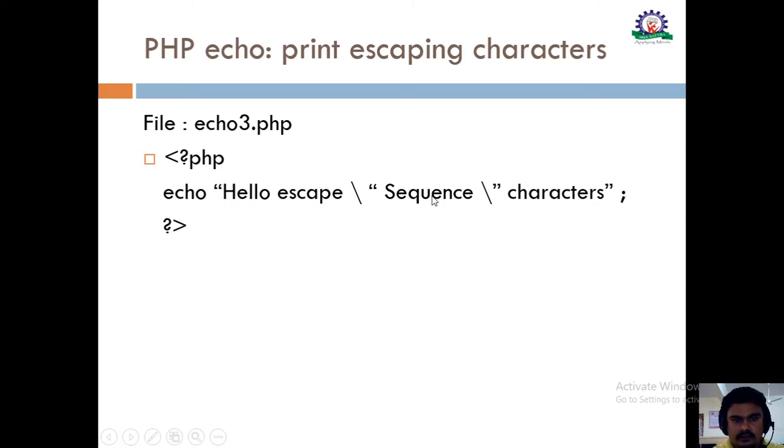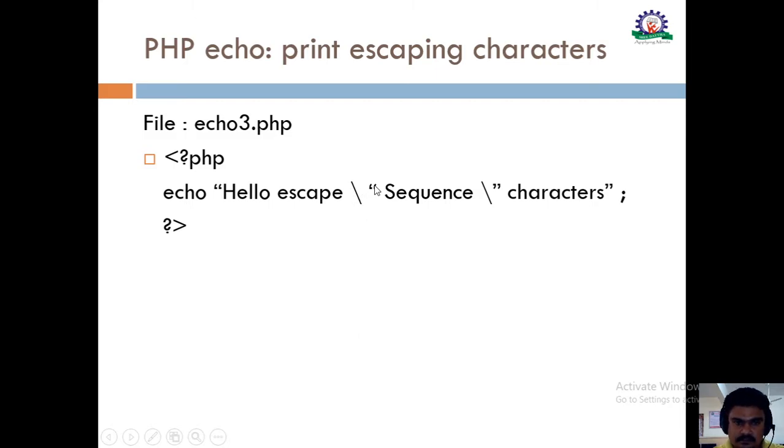But this backslash is an escaping character. It will skip this double quote. It will not be considered. This will be considered as normal text that is to be displayed. That is what this backslash functionality will do.